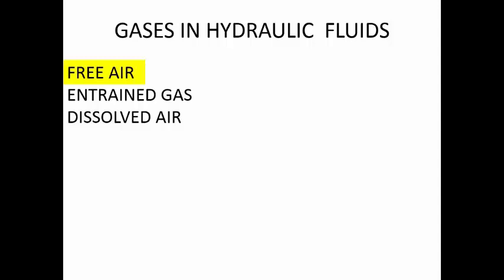Now we can understand this by understanding the air which is present in garden hoses. If you have seen garden hoses, if you have one large bubble, then it will be moving along with the water through the pipe. So this is a very common phenomenon. It will be carried to all the locations, and over a period of time, the entire hydraulic fluid will have a lot of bubbles. Because more and more bubbles are there, it will become more springy in nature. The system's response is going to be different.